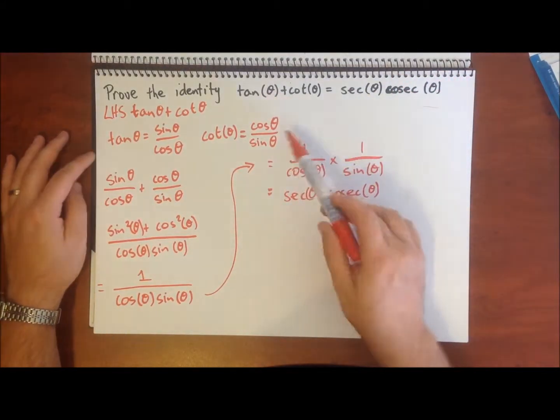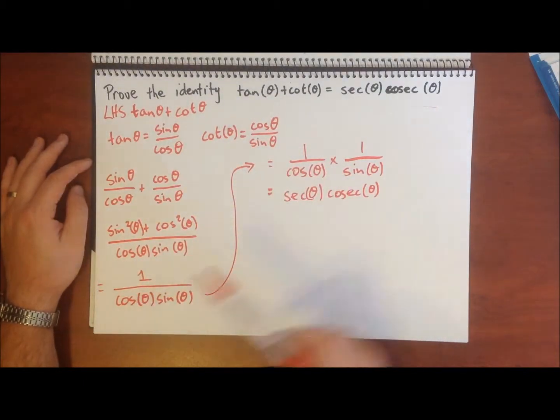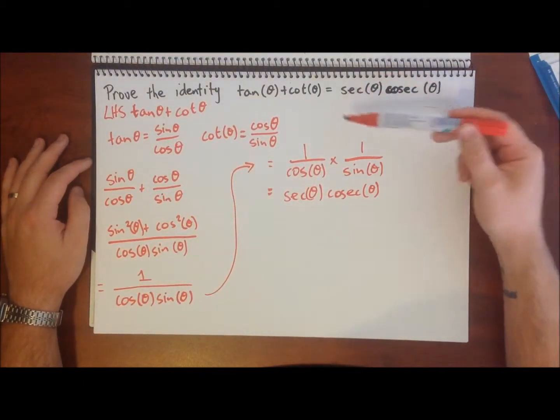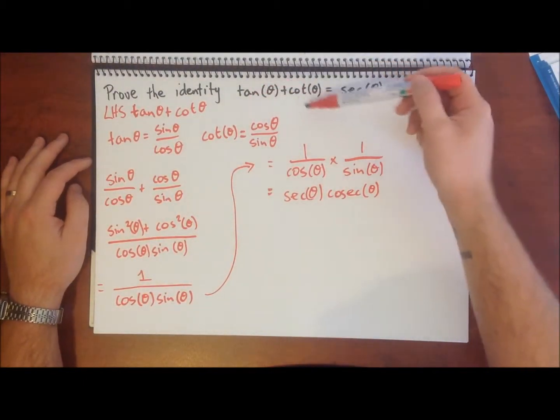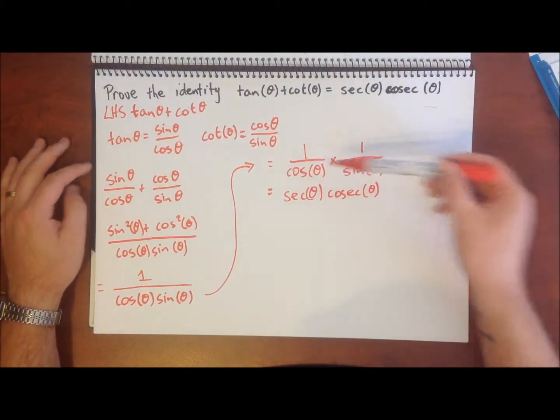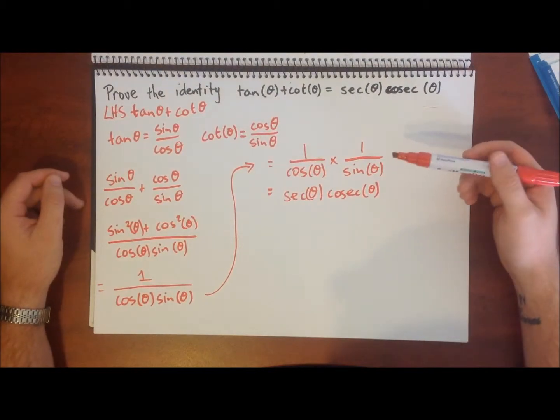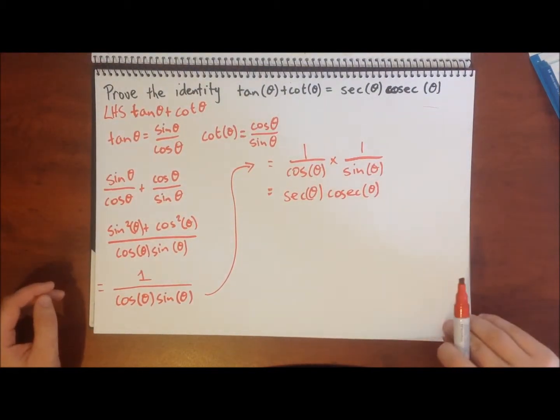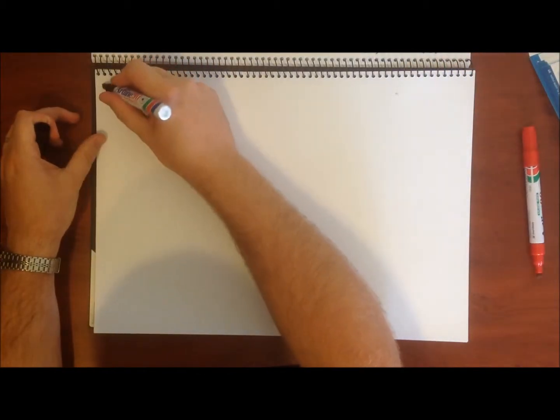How can we end up getting to that from here? You can always go back a step, and instead of trying to make this equal that, you might try to make this equal this part, just so you can see those links a little bit more. So we'll have a look at our next proof, which is prove